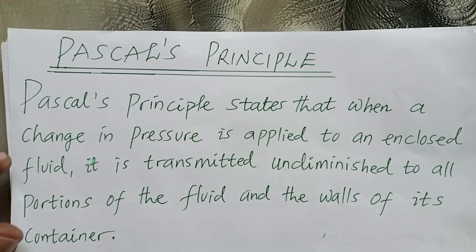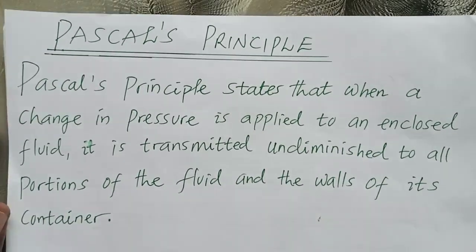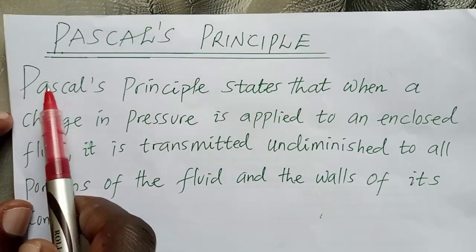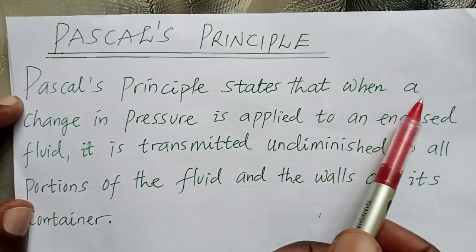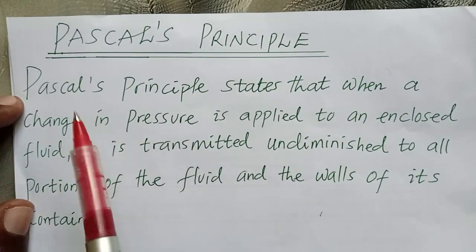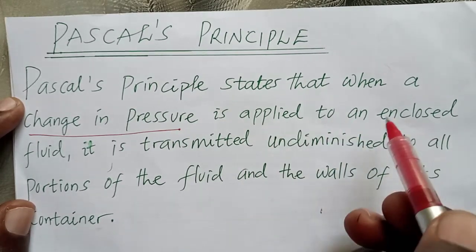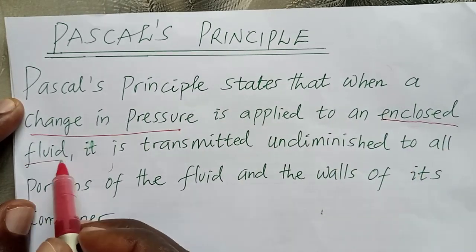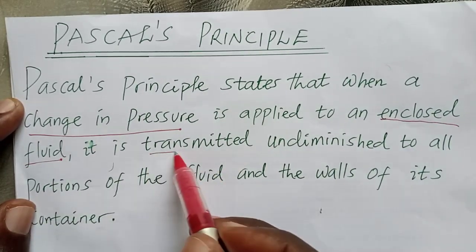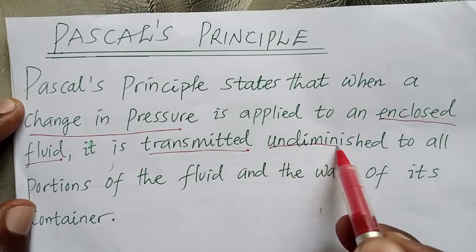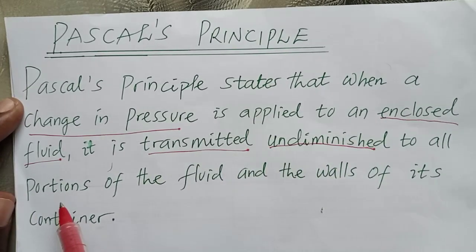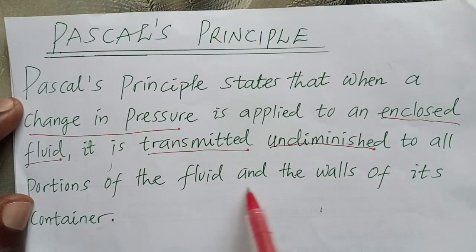According to this principle, let us state the principle and explain it. It says, Pascal's principle states that when a change in pressure is applied to an enclosed fluid, it is transmitted undiminished to all portions of the fluid and the walls of